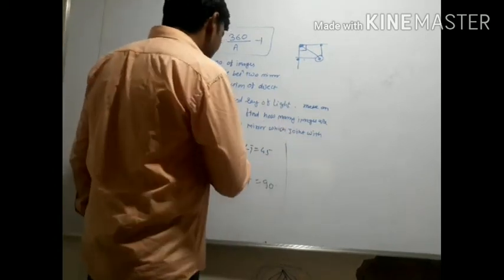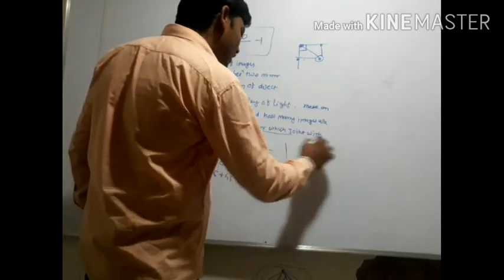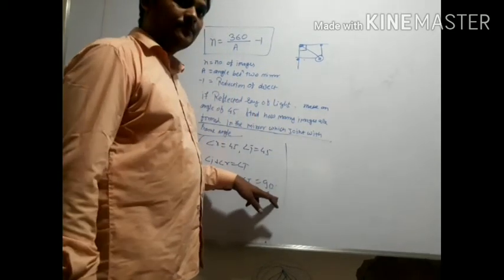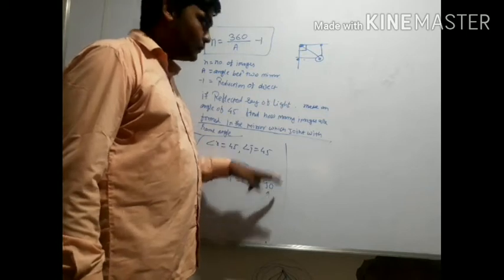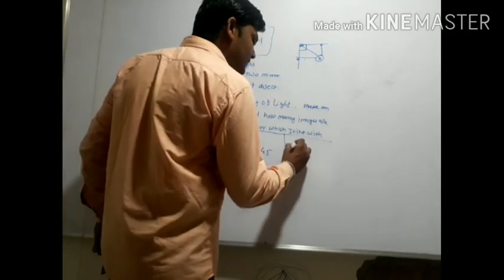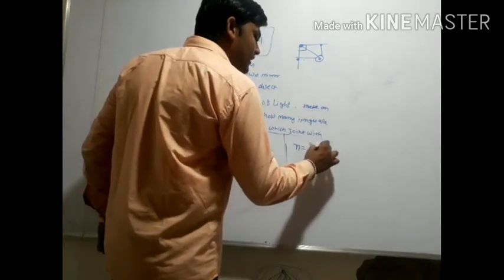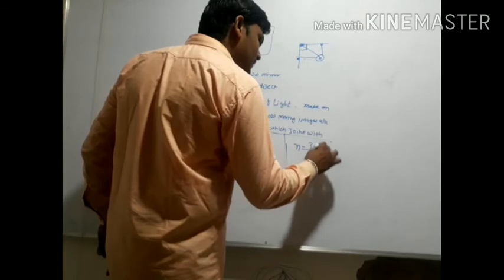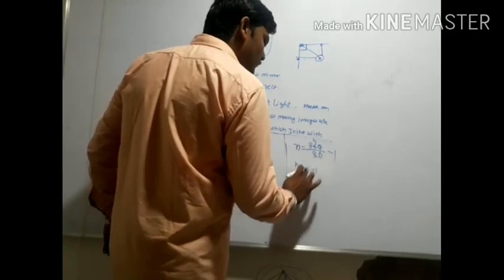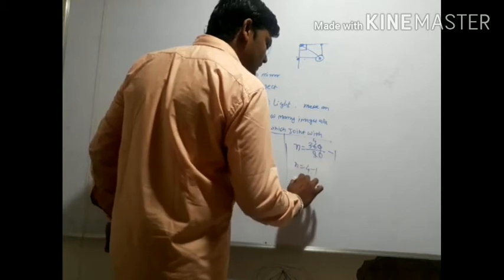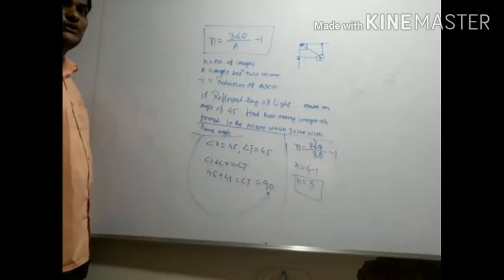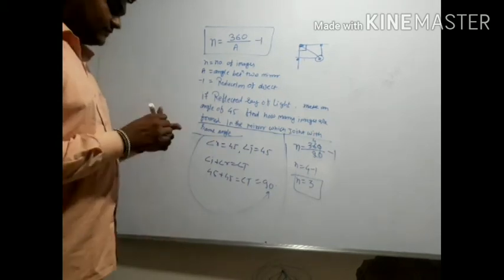Afterwards, what he said is that the images are formed in the mirrors which are joined at the same angle. Same angle means the angle which you got here, so you have to put 90 in the formula. So n is equal to 360 divided by 90 minus 1. Zero zero cancel, 9 4s are 36, so n is equal to 4 minus 1. How many images you got? 3 images. Okay, just write it down.